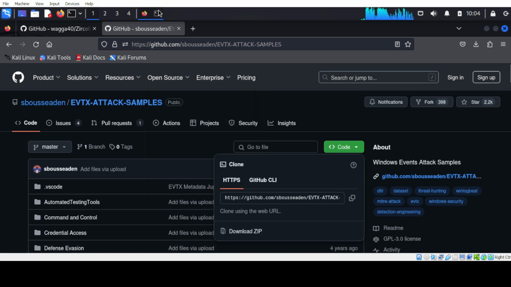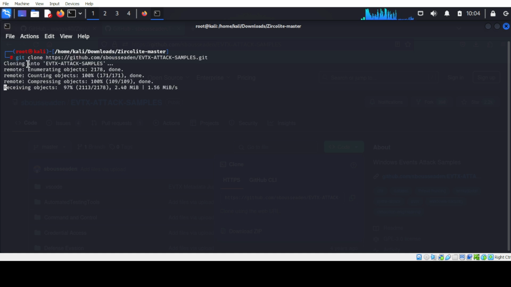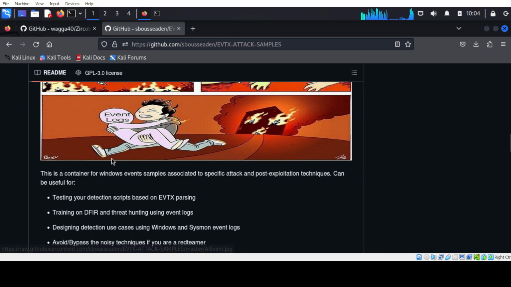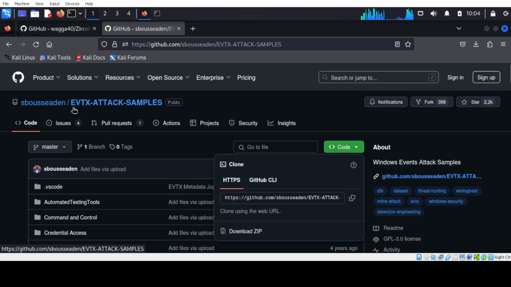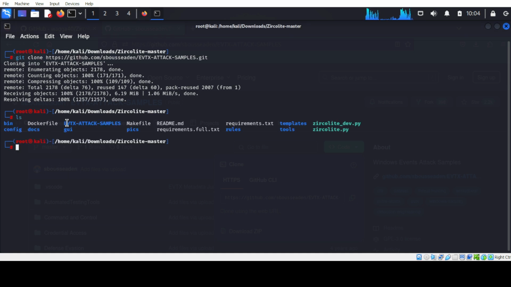I just copy the URL from here and git clone. I typed git clone, pasted the URL, and hit enter. This command downloads all the events which are present in this directory. Okay, it's done. If I check here, you can see a new directory.